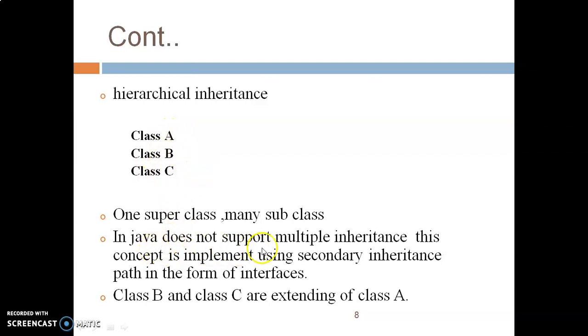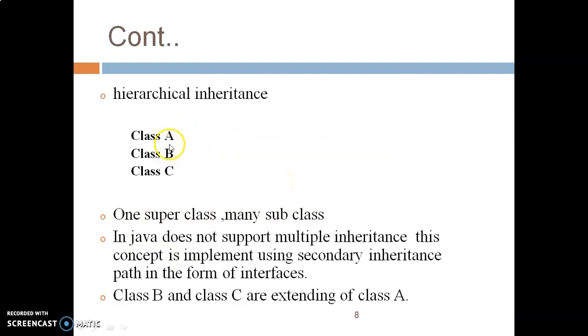Java does not support multiple inheritance. This concept is implemented using a secondary inheritance path in the form of interfaces that we will discuss later. So class B and class C are extending from class A, and that's why it comes into the category of hierarchical. B and C are child classes which are derived from the superclass A.